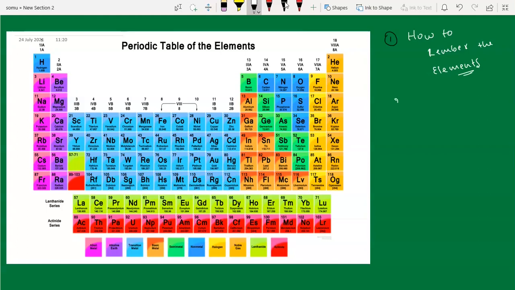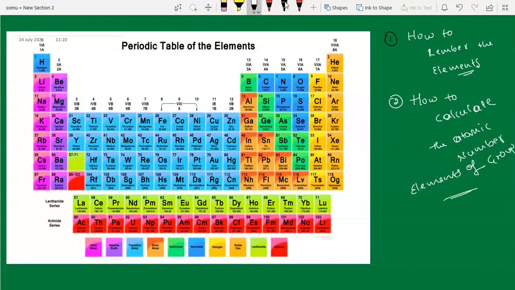And the second important trick: how to calculate the atomic number of an individual element. If you know the elements of the groups, you can find out their atomic numbers. In this class I will tell you how to identify the atomic number of those elements.